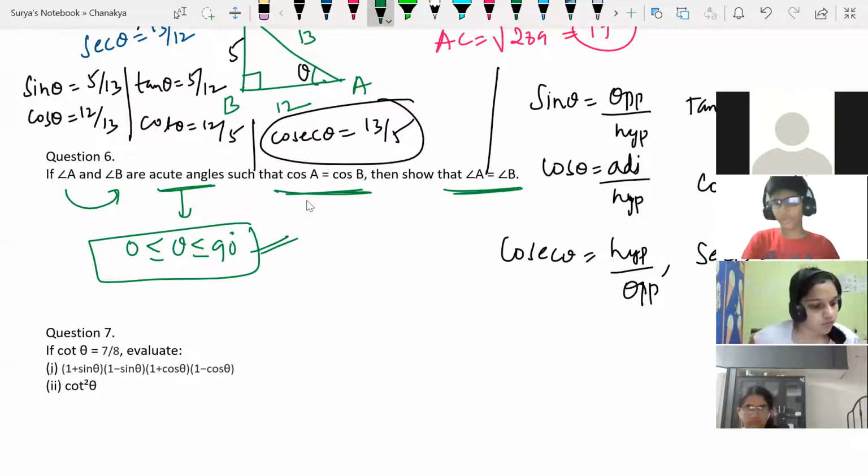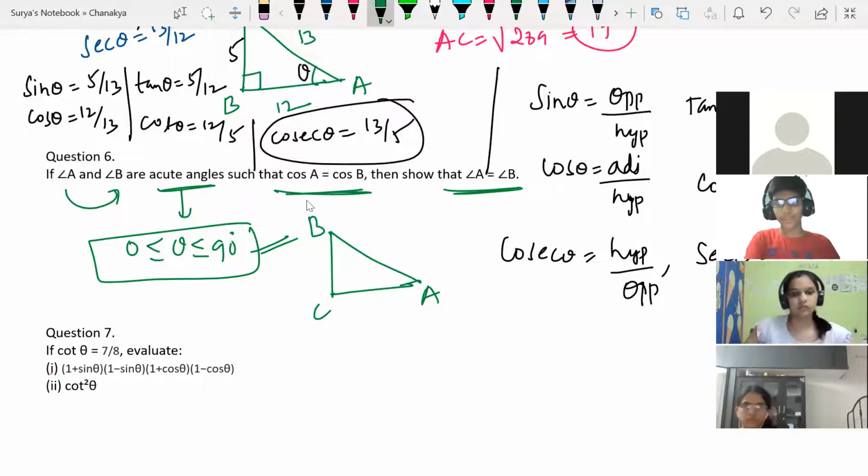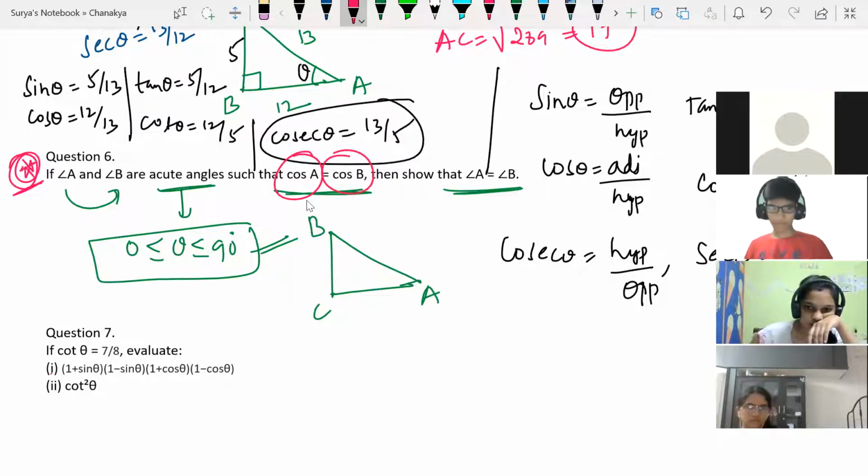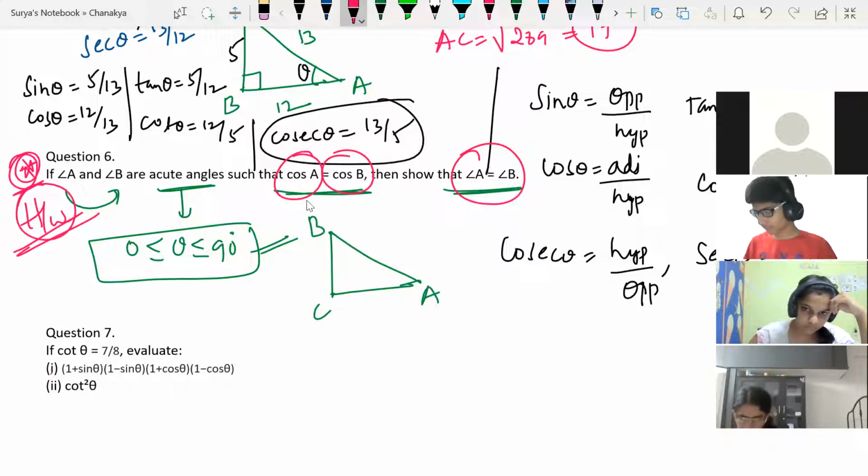Sir, first I drew a right angle triangle. Okay. Then name it as ACB. And then we can use that. It's given cos A, so we can use the cos formula, which is adjacent by hypotenuse. Very good. This is homework for everyone. Same thing, you can use that formula. Trigonometric ratio. Cos is what? Cos A, cos B, find it out. And after that, just show that angle A is equal to B. It's homework. Beautiful question. So try at home. We have given a hint. Now we can try it out.